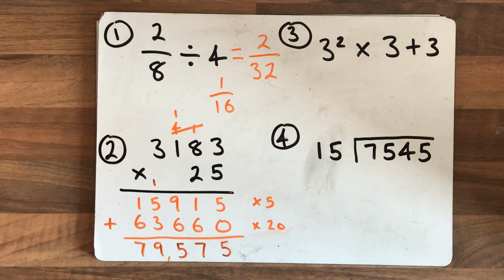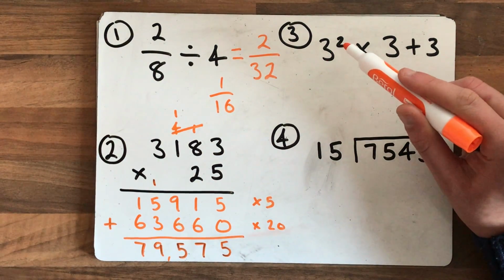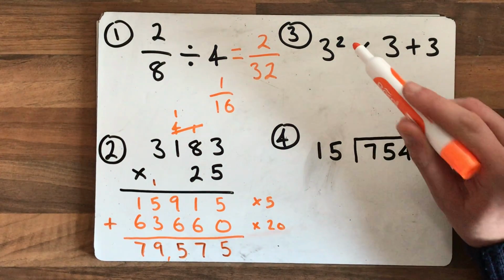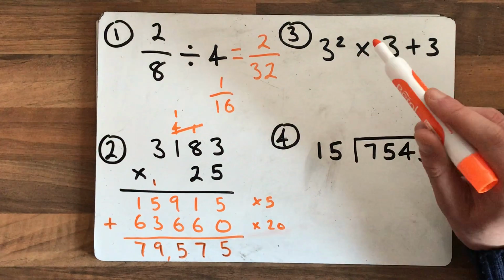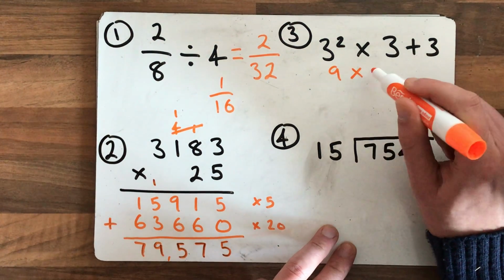Right, moving on to number 3, the BIDMAS question. We've got 3 squared times by 3, add 3. Remembering the rules of BIDMAS, there are no brackets, so we look at the indices first of all. 3 squared. Now that's not 3 times 2, remember, that is 3 by 3, 3 times by itself. So 3 times 3, which is 9, and then we can rewrite